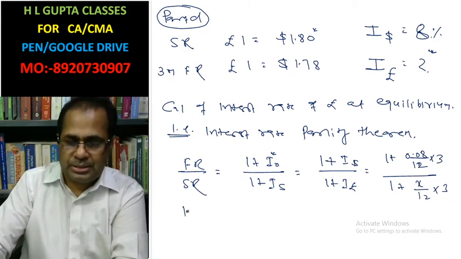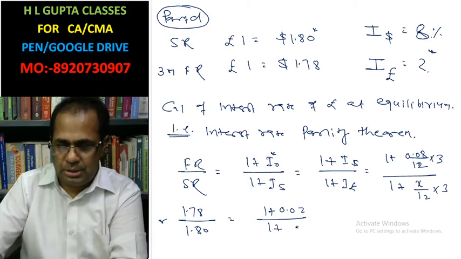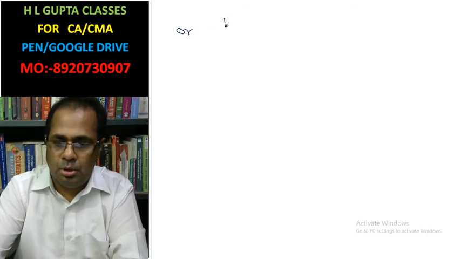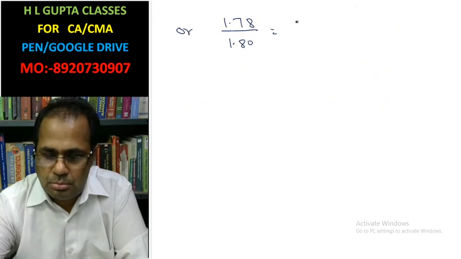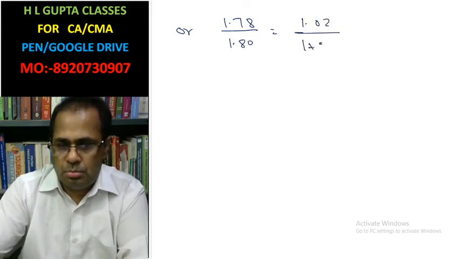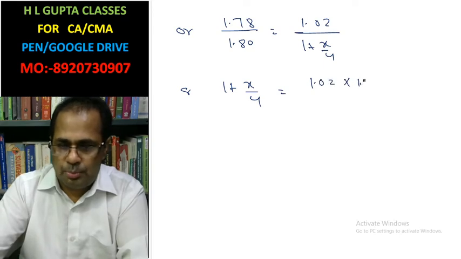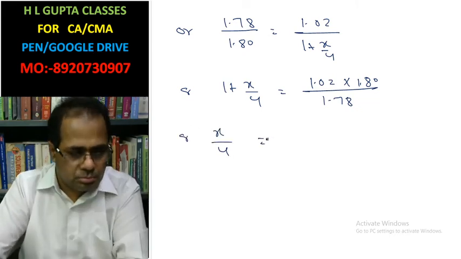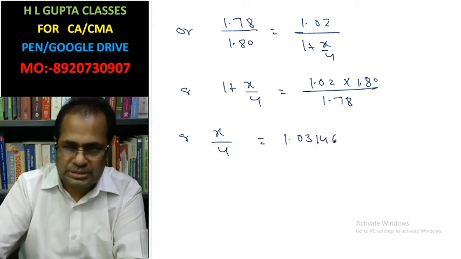Now forward rate you have 1.78, spot 1.80. So 1.78 divided by 1.80 equal to 1.02 times (1 plus x divided by 4), or (1.02 times 1.80) whole divided by 1.78, or x divided by 4 equal to 1.0346 minus 1,